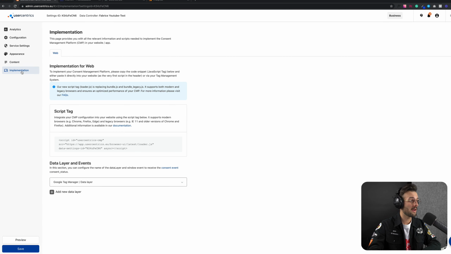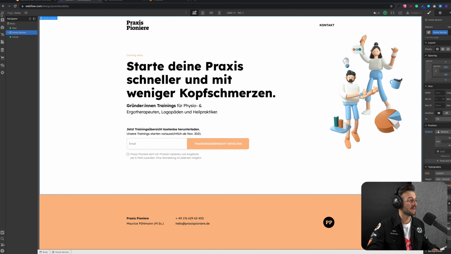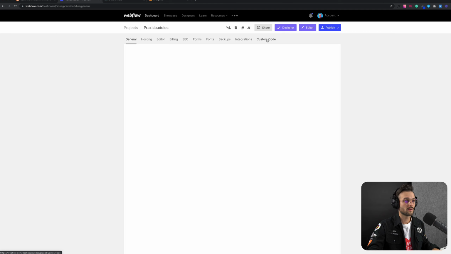And now we have to implement this. There are two very important things. The first thing you have to do is use the general script tag of Usercentrics. They are providing you with this right here, super easy peasy. Copy that and go to Webflow, go to your project settings, custom code,